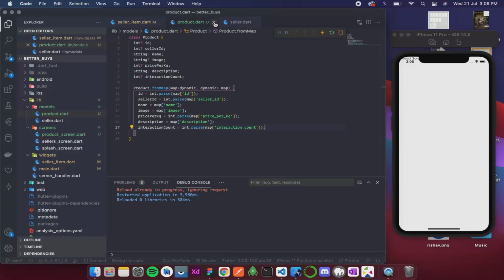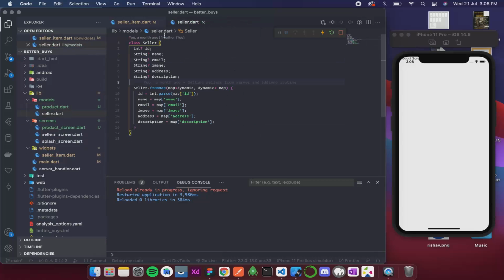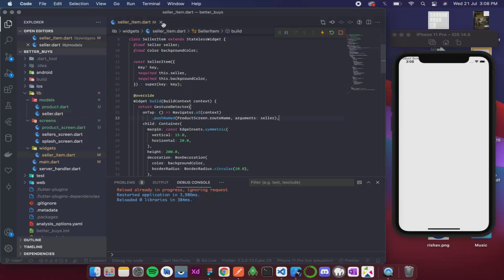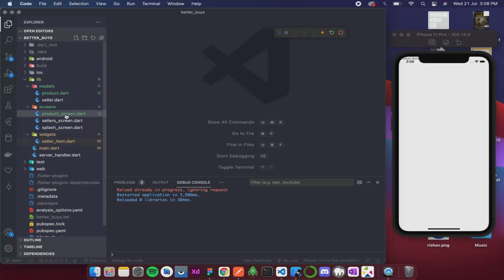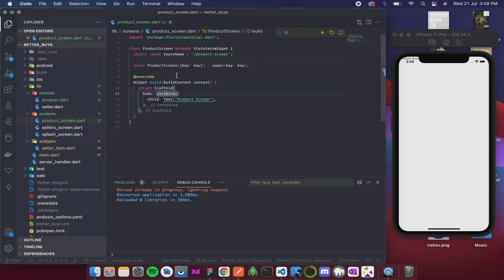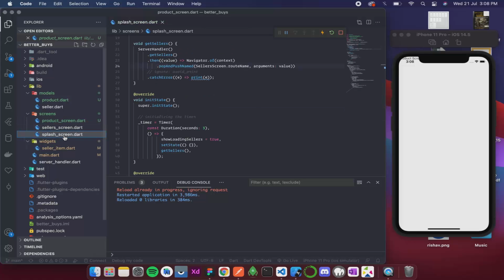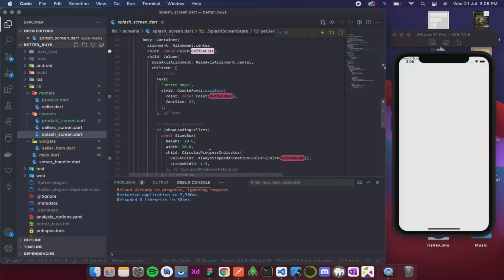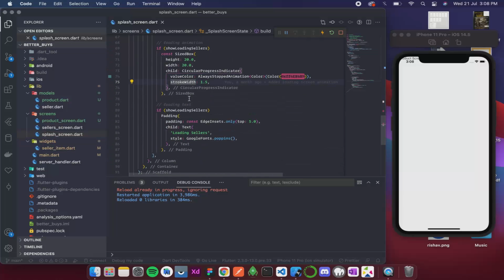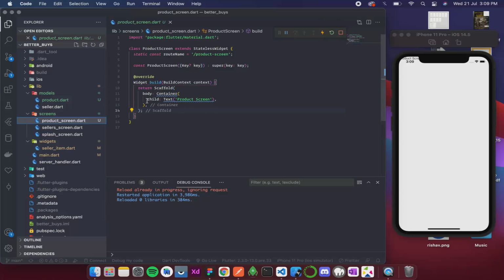Now let's call the API. Okay, or before calling, first we need to add a loading screen over here, so let's do that first. Okay, in the products screen, we have a container. Now inside the container, I'm gonna again copy it from the splash screen, how we had it over there. Okay, so we have a sized box. Okay, so I'll copy this from splash screen to the product screen.